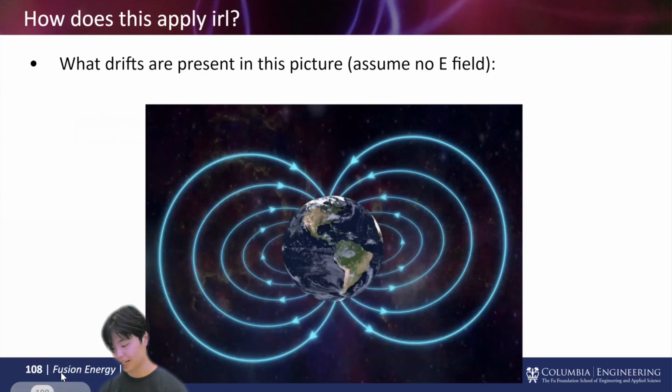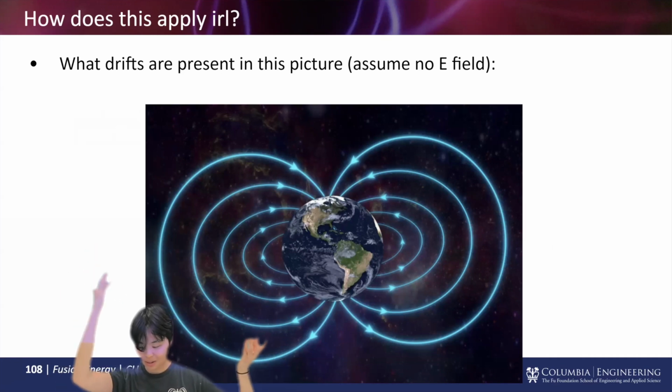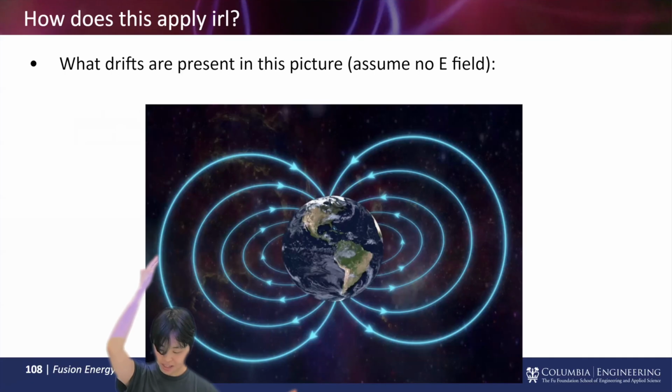So that was a lot. Sorry if I went a little fast, but why does this matter in plasma physics at all? Well, it's very much the fundamentals, right? Drifts are present a lot of the time. Like, what drifts would be present in this picture, assuming no electric field? You do have gravity though, right? You have curves, you have gradients, right? Like the gradient,